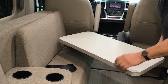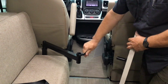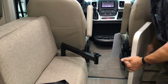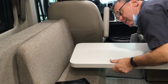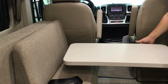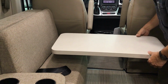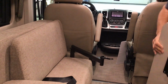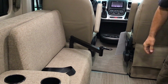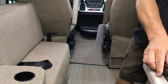So your little table here is quite manoeuvrable. Now to take it apart, there is a little lever underneath. You drop that little stub into that there, and then you adjust that clamp. You can adjust it to have it a little loose or as tight as you want it. If you don't want it to move, obviously you tighten the other ones up. But just to remove it, you undo the clamp and it comes apart. So there's another one. This actually totally disassembles, so if you're not using it, or when you want to make the bed,